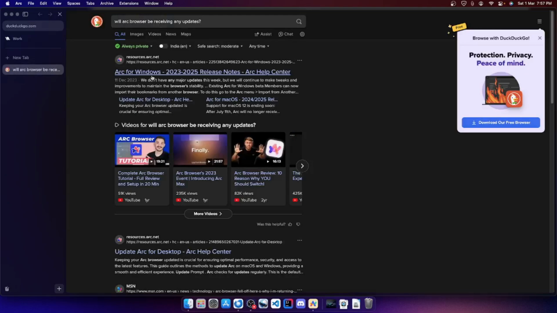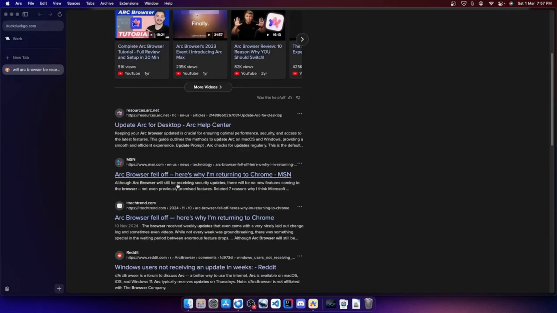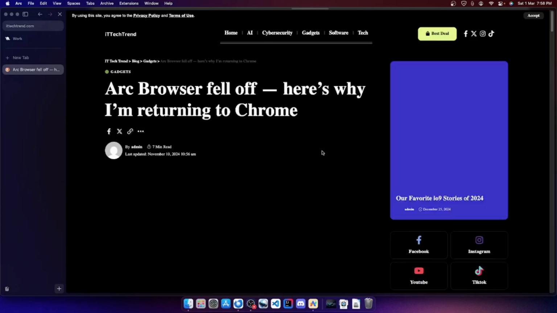If you write that, yeah, here: Arc browser fell off. This one. Here's why he's returning to Chrome. Don't return to Chrome. Chrome sucks. Okay, Arc is better. Chrome steals your privacy.